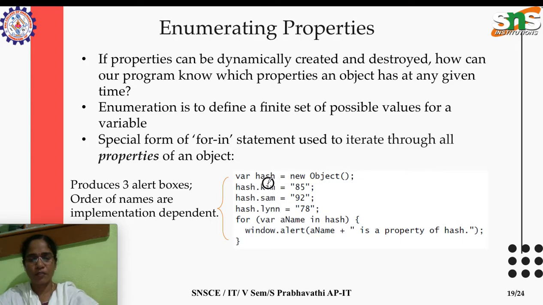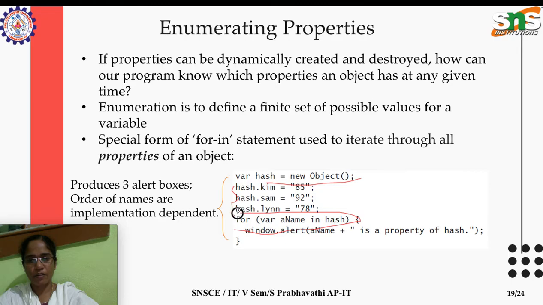It means we are creating one object and we are giving three properties. Okay, so three properties, and what we need to know: the user might not be knowing it in the later part of the coding. So how many properties are supported by this object hash? If he wants to collect all the values, he can use the for statement. Okay, so this is completely new for you.